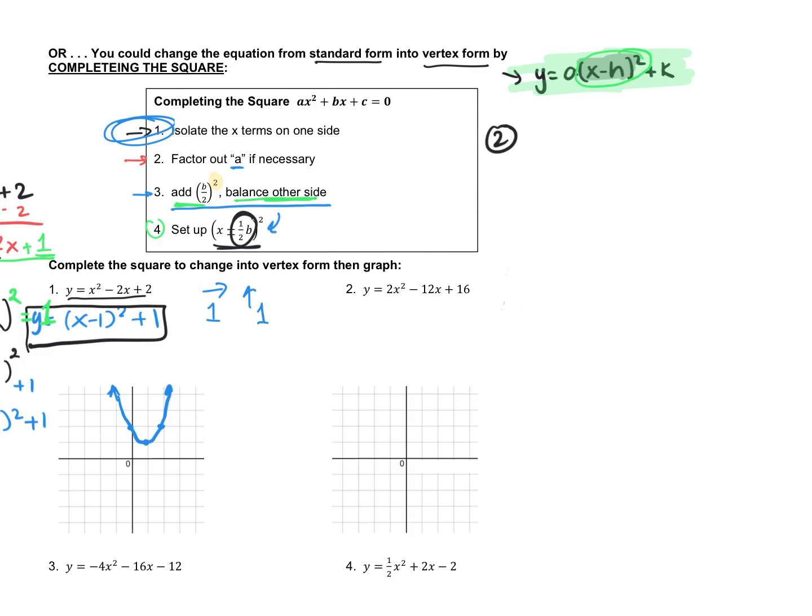All right, so the first thing says isolate the x terms on one side, so we're going to move that 16 over. Let's do it down here. Negative 16 plus y equals 2x squared minus 12x, okay? Now we look at A. A is a 2, so we can factor out just the A, just the number, all right? So when I factor that out,